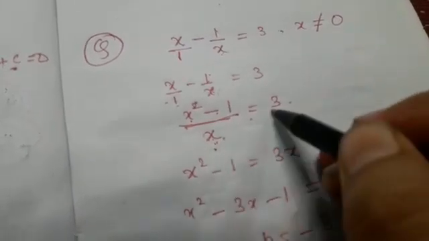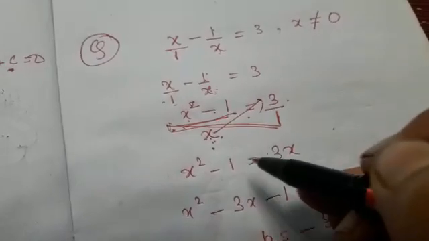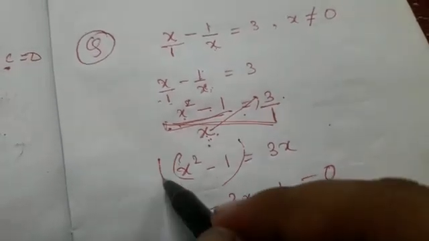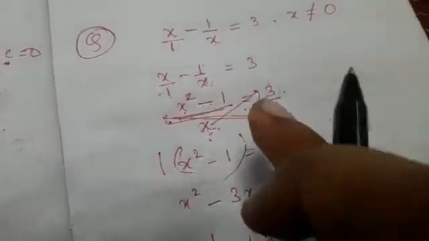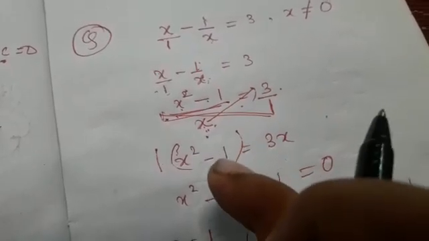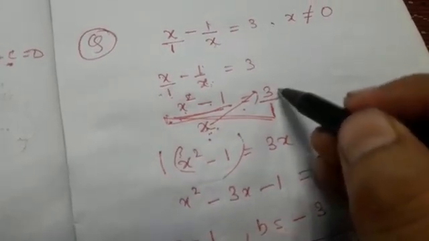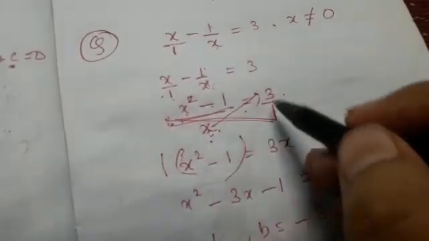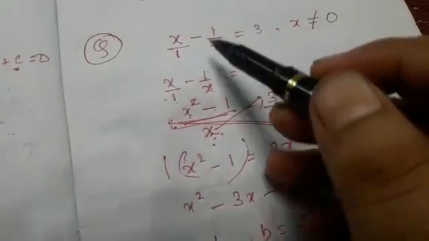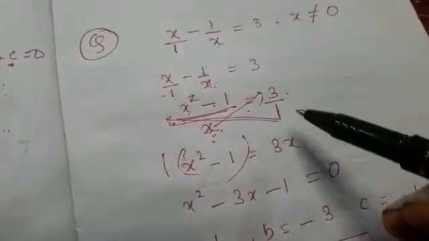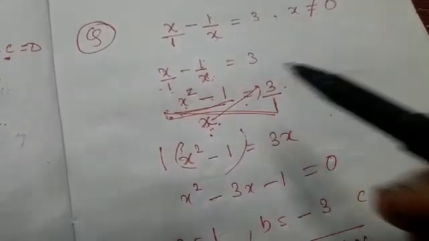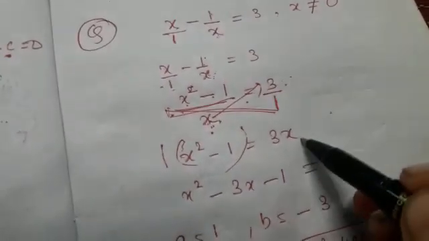So now see, to make it quadratic, here there is 1, so we can use the cross multiplication technique. So you bring 1 there, you bring x there, and everything multiplied by 1 has no meaning. So x square minus 1 will remain as x square minus 1 only. So this x will go there, cross multiplication, right? A by b is equal to c by d technique. After LCM the form is reduced into a by b equal to c by d. Use cross multiplication, right? So this x will go there, it will become 3x.